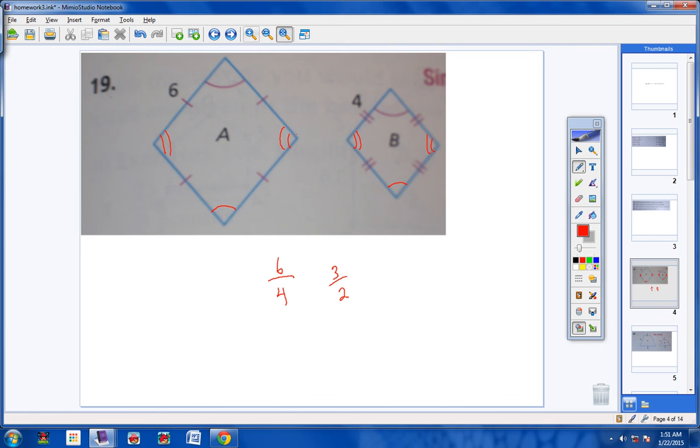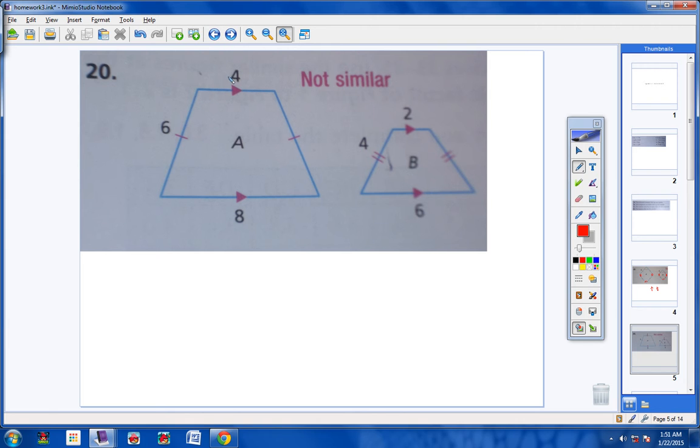Okay. Now number 20, we're going to have non-similar polygons, and let me show you why. It is true that we have an isosceles trapezoid here. This side's parallel to this side, and this side's congruent to this side. Same thing here, isosceles trapezoid, okay? So, what we don't know, though, guys, listen to me. Just because they're both isosceles trapezoids, that does not mean we know for sure this angle here is congruent to